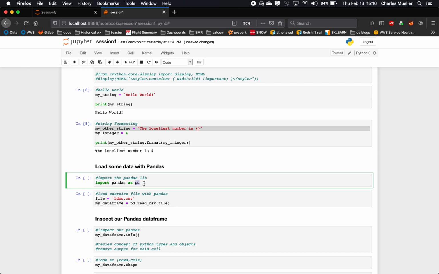This is nice because it's an abbreviation. We could alias it as anything we want, but to keep it short and sweet, we'll just call it PD. So you can see we've imported that successfully. You can see the number over here that we've executed it. Now we want to load our data. So we define our file, which is this ldpc.csv file, which is an excerpt from flight summary, and we're going